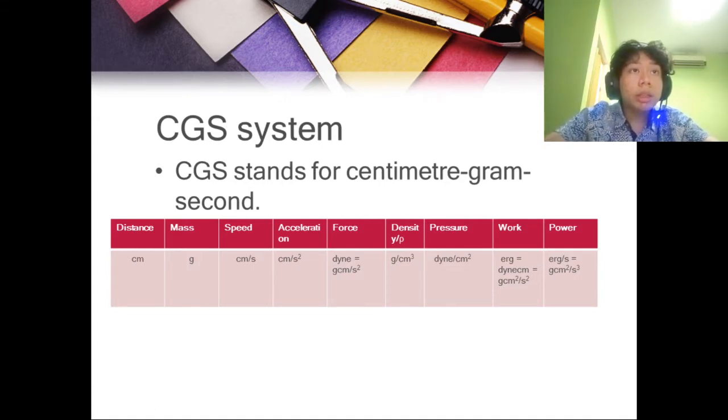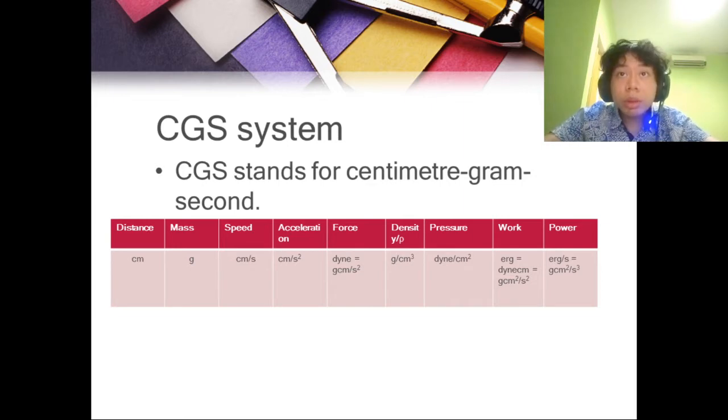The distance is centimeter, mass is gram, speed is centimeter per second, acceleration is centimeter per second squared, force is dynes, which equals gram centimeter per second squared, density is gram per centimeter cube, pressure is dyne per centimeter squared, work we use erg, which is dyne centimeter, and it